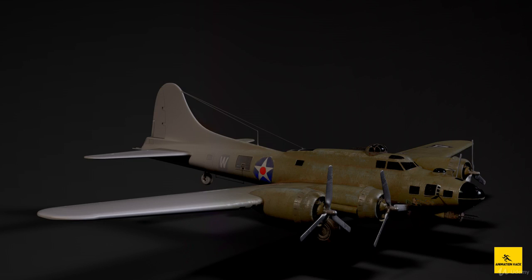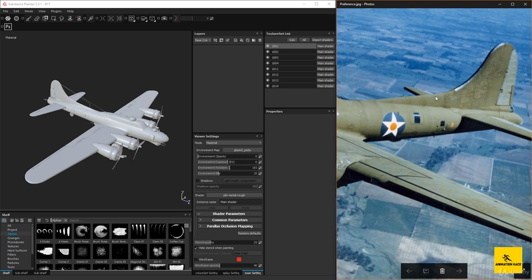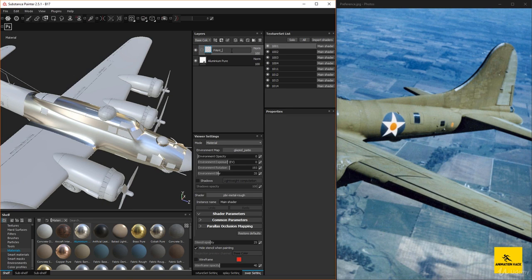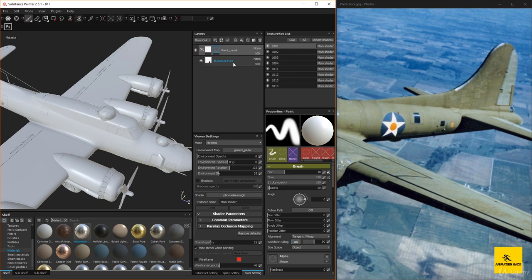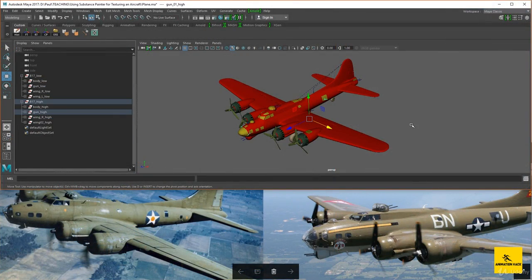This course is the third course of the series, creating hard surface aircraft for film production. Today we're going to look at texturing in Substance Painter and Autodesk Maya. Substance Painter is a very powerful 3D texture painting application. It can be used to create visuals for materials, special effects, and shaders, and texturing for games and film, which